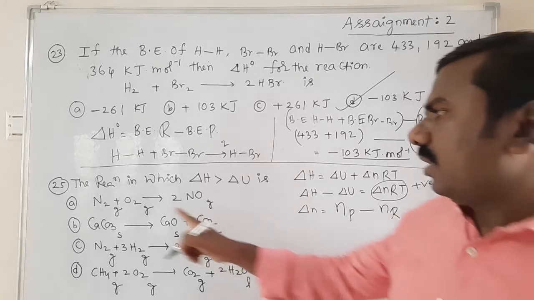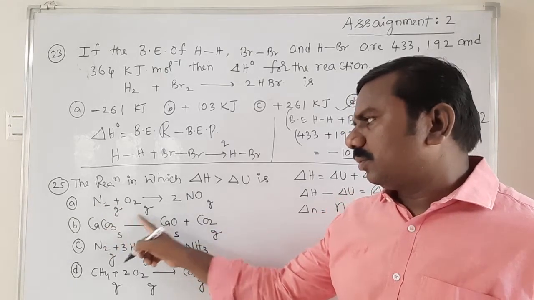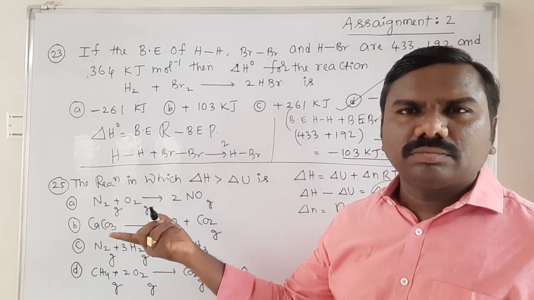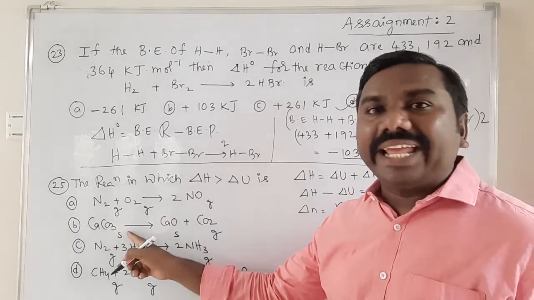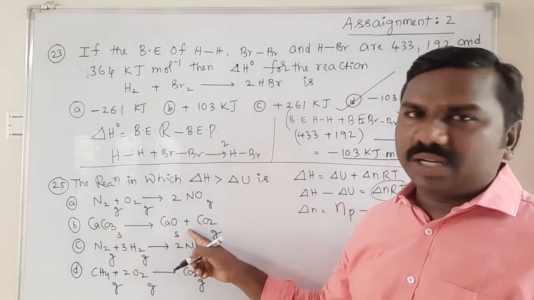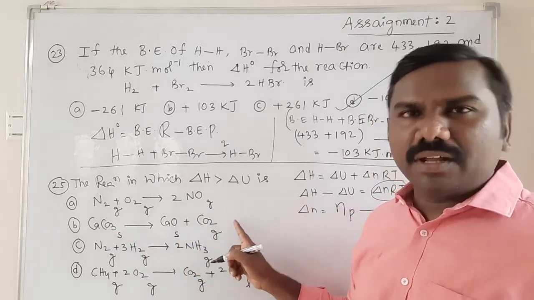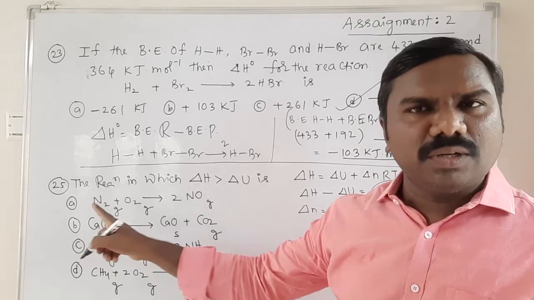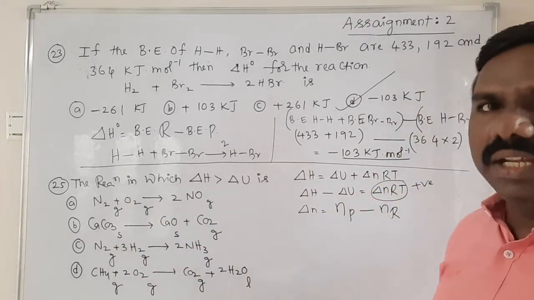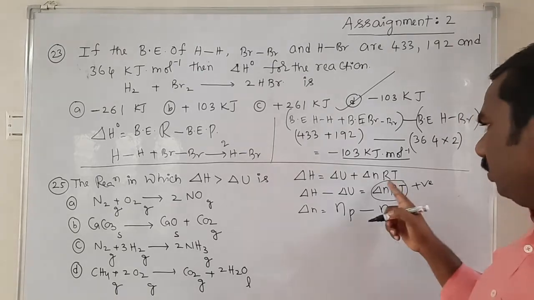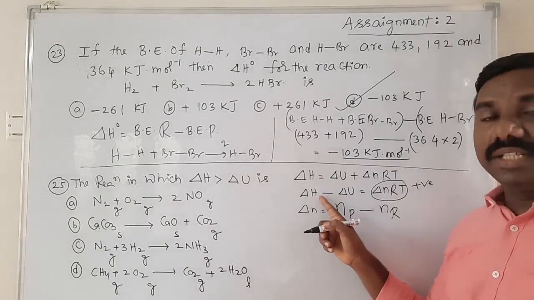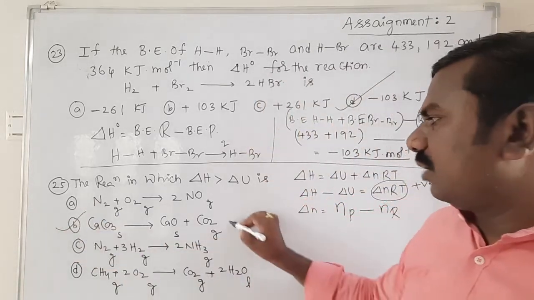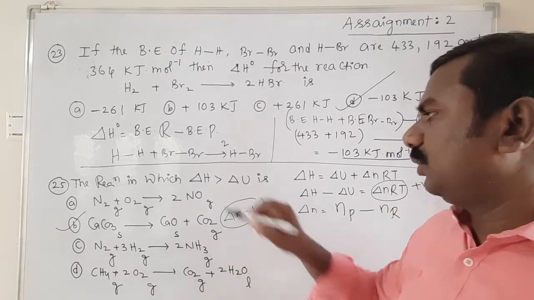Yes, I will verify. So gaseous, 2, here 2. 2 products minus 2 reactants, 0. Next, solid is neglected, not considered. Only gas is considered, liquid also neglected. So products 1 gas, these all are neglected. 1 minus 0, you will get plus 1. Plus 1 means delta n is positive. Positive means this value is positive, in the sense delta H greater than delta U. Right option is B, because delta n is plus 1 for this.